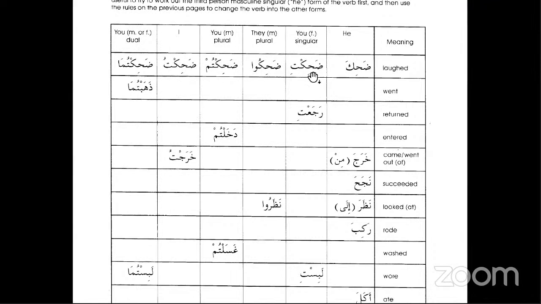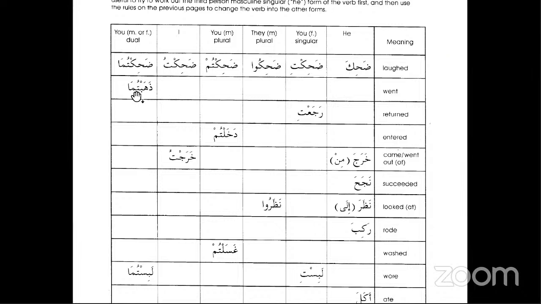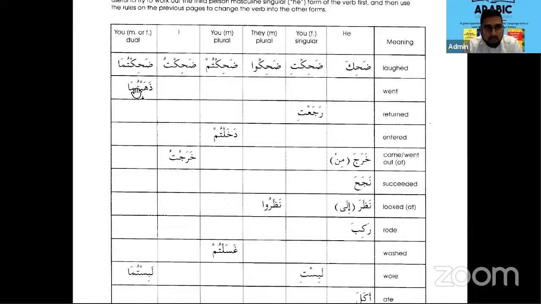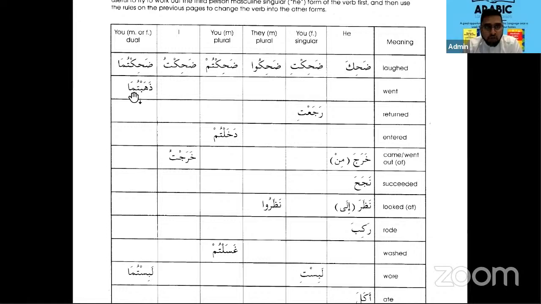ذهب. Excellent. What does dhahaba mean? ذهب means he went. So from the dual, masculine and feminine, you both, masculine and female, went. So to make "he went" from dhahabtuma, what do you need to do? What are the two steps? Number one, you need to remove the tuma, the meem, alif and ta. Yeah, that's the attached pronoun, which means you two.